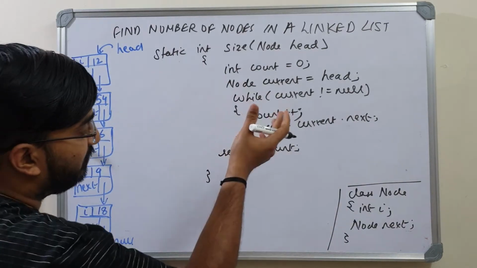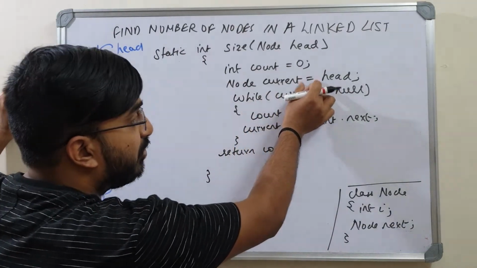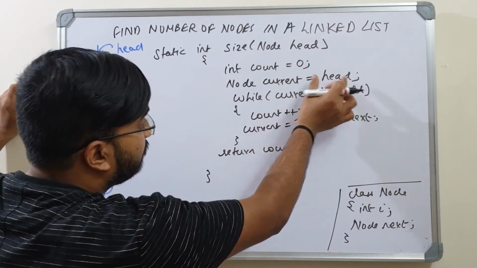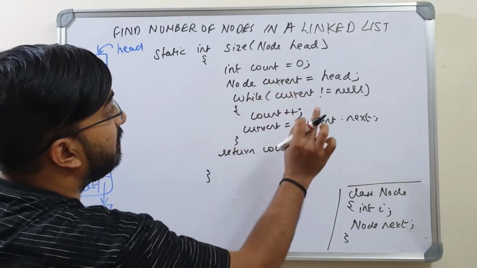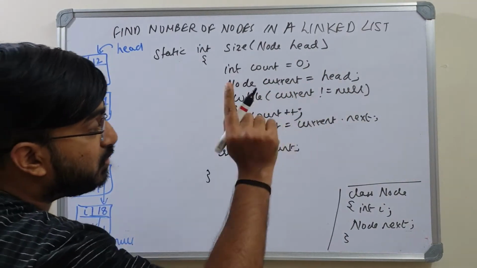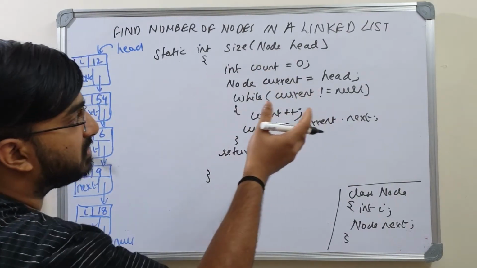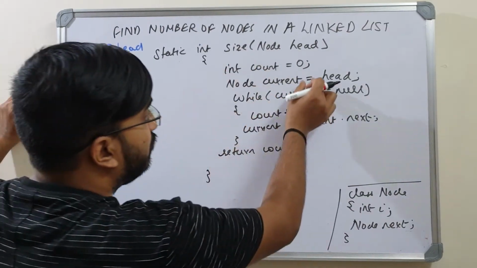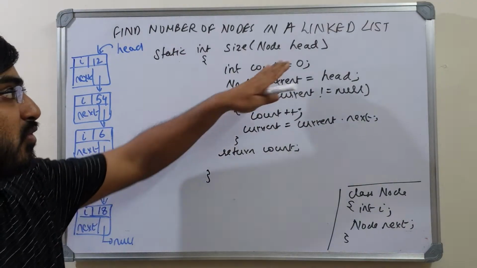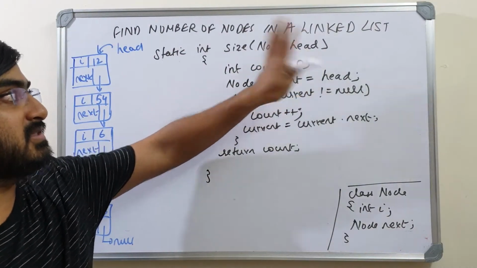I have told you many times before, when you are using the equals to sign with objects of classes on either side, the reference of the right hand side gets copied to the left hand side. That is, wherever this is pointing to, this is going to point to that location. It is when you use the new keyword that you get your own new memory location. When you use equals to, just the reference gets copied. So this will give you the size or the number of nodes in the linked list pointed to by this head.